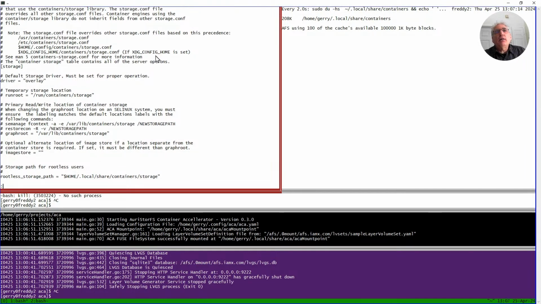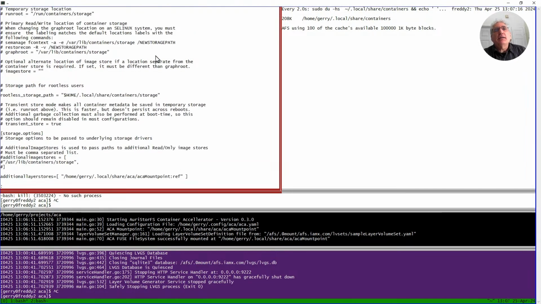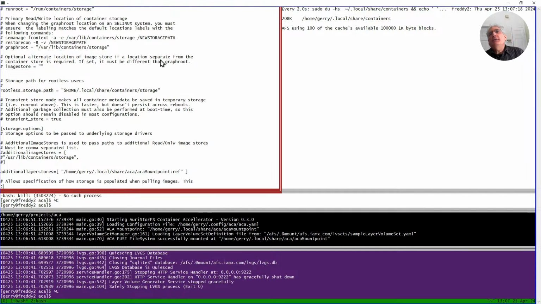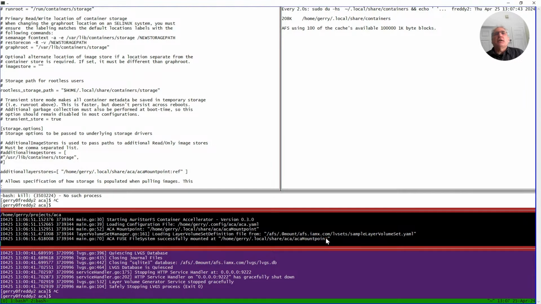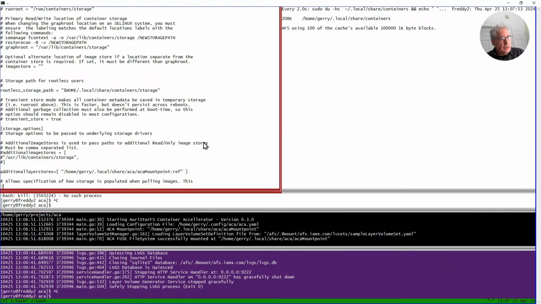You'll notice that to activate it, all that I did was, remember I said you give it an alternate place to look for layers. Hey, Podman, when you run, you might also first look to see if you can find your layers at this directory. And lo and behold, that's where my container runtime is presenting files. It's dealing with something called a fused file system. I don't want to talk about that, but it's doing some magic. It's telling Podman you might want to look for the files in this directory.